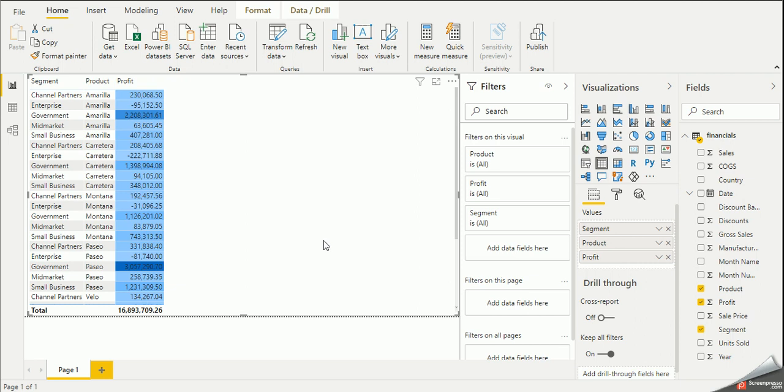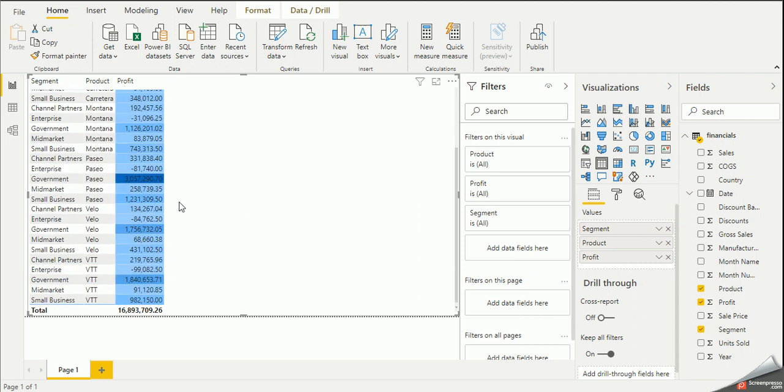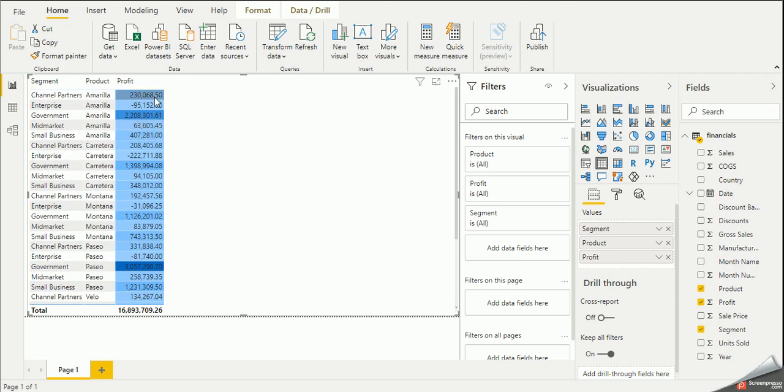When I press OK, you can see that these three colors are available. You can see the difference of the colors according to the value. We have a very high value over here, a very low value over here, and a medium one. If the value is in five figures, it is low.